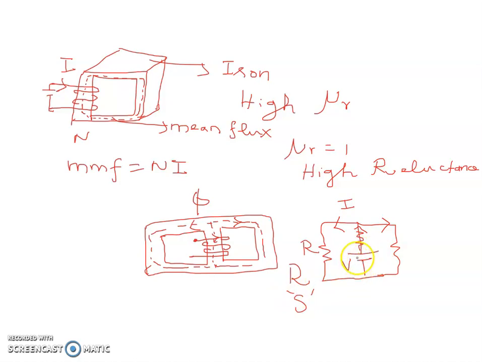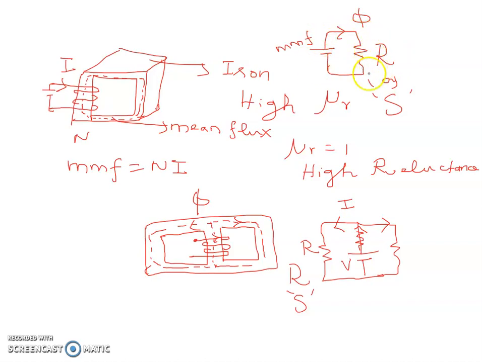And this is the source of MMF here in the magnetic circuit. And this flow is flux in a magnetic circuit. In the electric circuit, it is the flow of current. And here actually only one path is there. In a core type transformer, this is the source and only core reluctance is there. So it is a single path, with only one source of MMF. So this is the source of MMF, this is the flow of flux, and this is the reluctance. You can represent it with the symbol S sometimes, and sometimes it will also be represented as R.